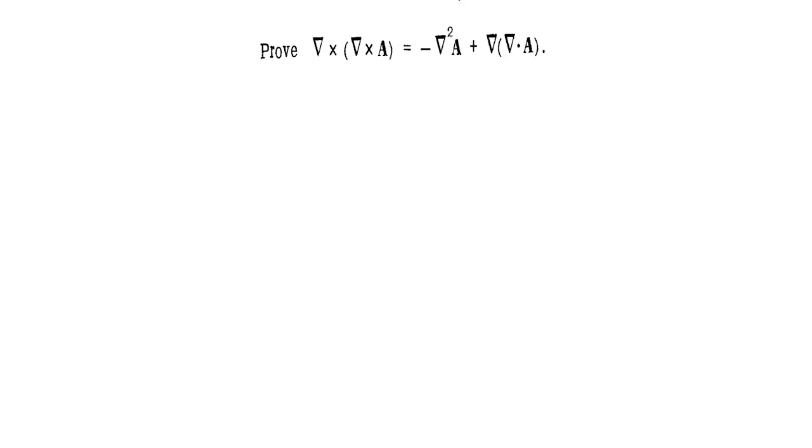Bismillahirrahmanirrahim. We have to prove this equation: the curl of curl A is equal to minus nabla squared A plus the gradient of the divergence of A. So, curl of curl A